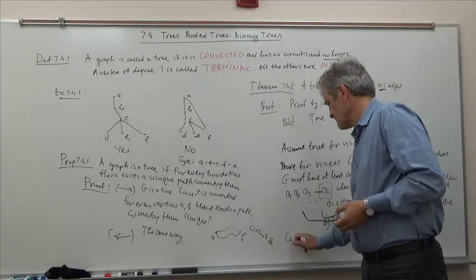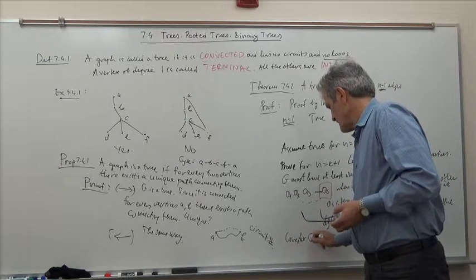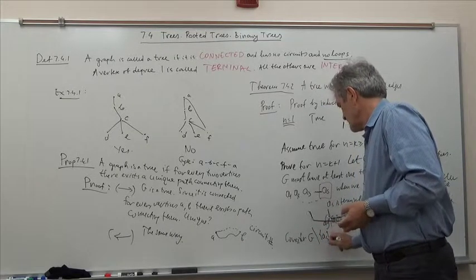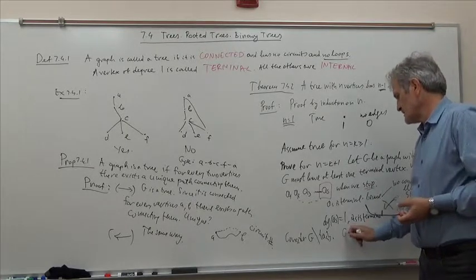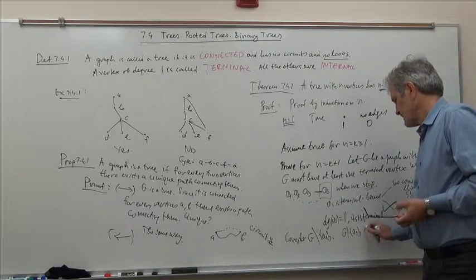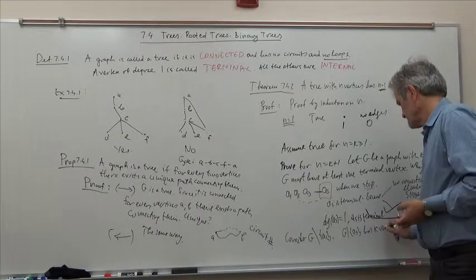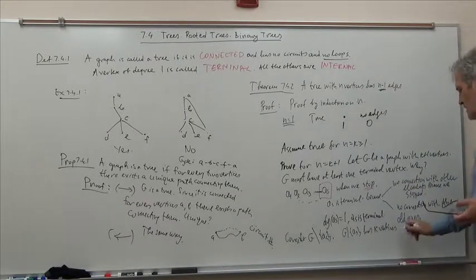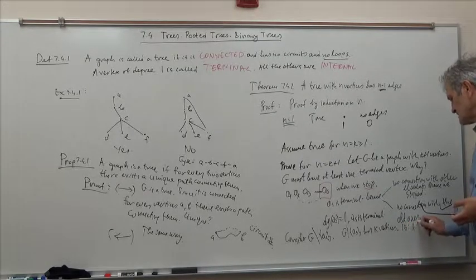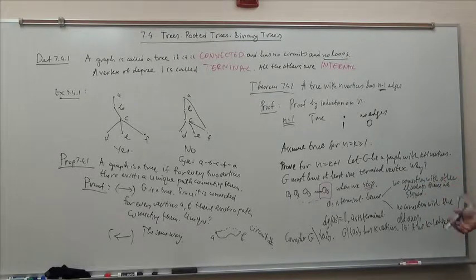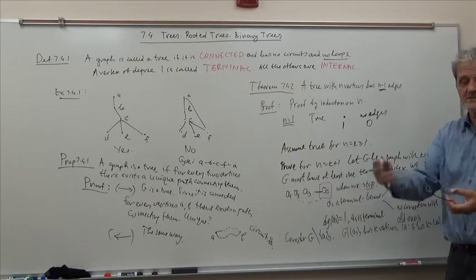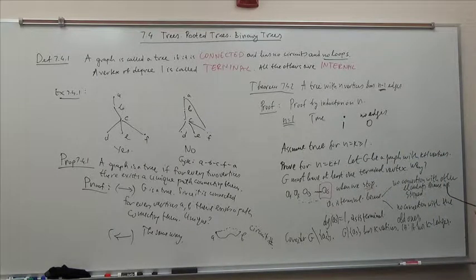So consider G without AS. And of course we cut that edge that connects AS. Now what? G minus AS has K vertices. According to the inductive hypothesis, it has K minus 1 edges. And it is a tree. It's still connected. We didn't lose connectedness. We didn't build cycles by cutting. So it is a tree, and we can call the inductive hypothesis, so it has K minus 1 edges.